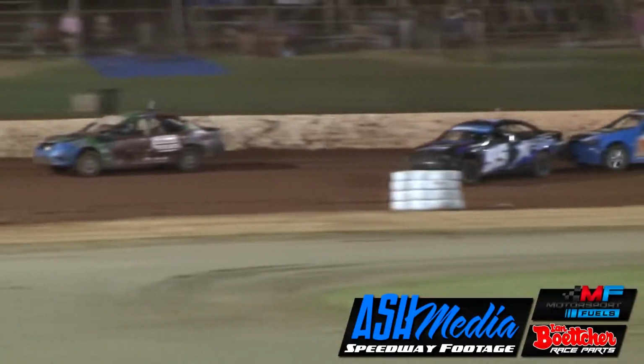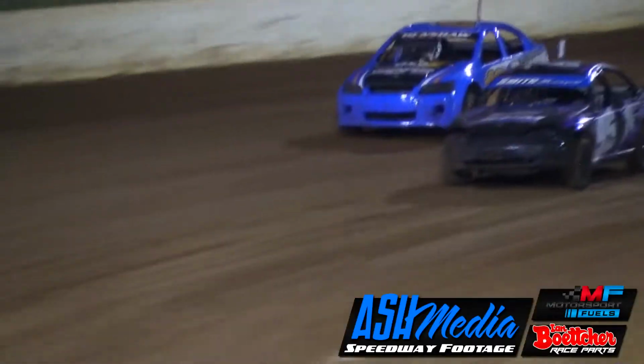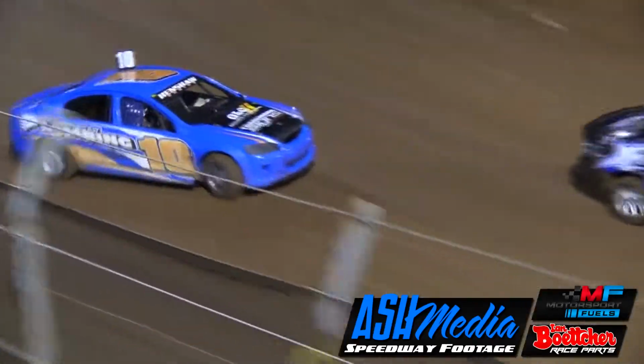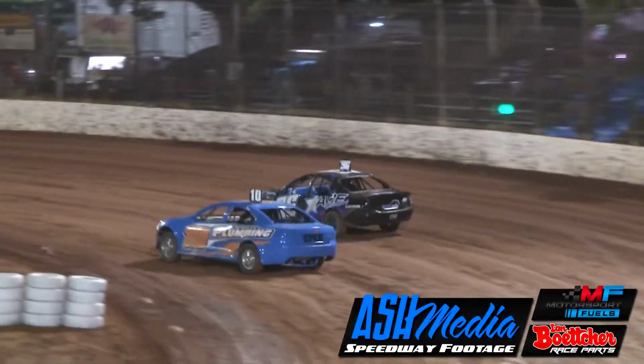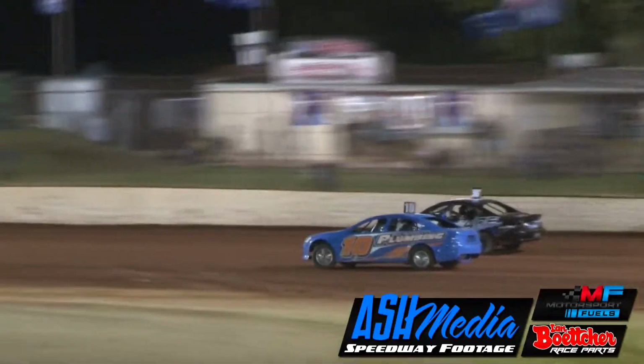Goes around the western corner, and it's Neil Caldoulis who drifts a little high, but will hold on to the race lead if he can keep it away from the concrete as they head down the main straightaway. Daniel Henshaw looking for the outside as well around Amy Evans. Evans gets it a little bit wobbly, and that allows Daniel Henshaw to move up underneath and will probably go